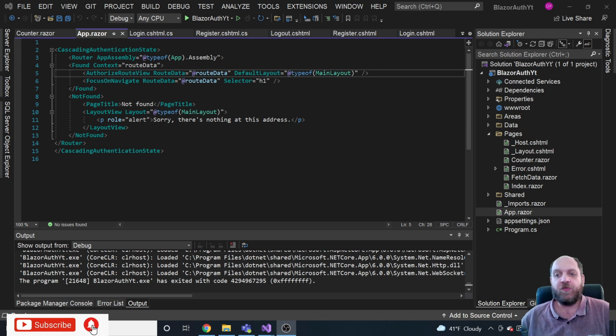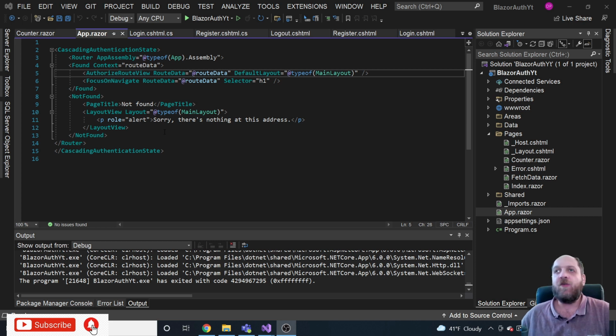today. Now, before we get to the hands-on part, I really want to have a very brief theory, and it all starts once again from the app.razor component, which is actually the bootstrapping component for your Blazor server application. So exactly when this component gets initialized, everything is set up for your Blazor server application, including authentication state and a lot of other things that you use throughout your entire Blazor server application, like routing and all of